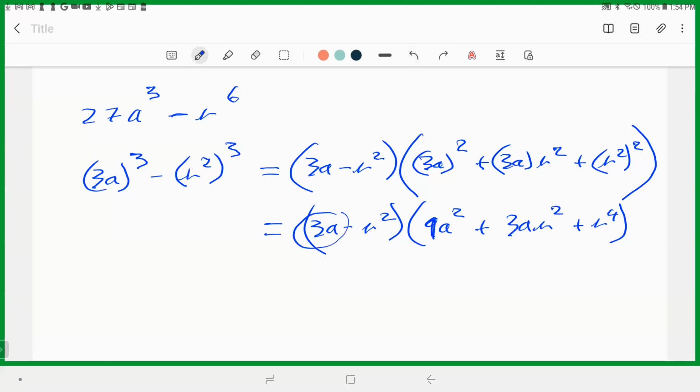That's it. If I multiply this times that, I get minus r to the 6th power. If I multiply this times this, I get this. It is correct. If you expand it out, you're going to get back this. You're going to get a number of values eliminating each other. That is it. I've done all the questions. We don't really need a lot. We know when we encounter the use of the difference of 2 powers, we're doing